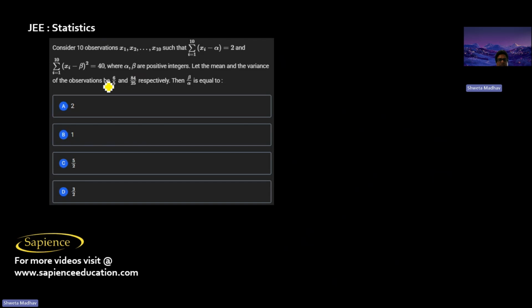Let the mean and the variance of the observations be 6 by 5 and 84 by 25 respectively. Then beta by alpha is equal to